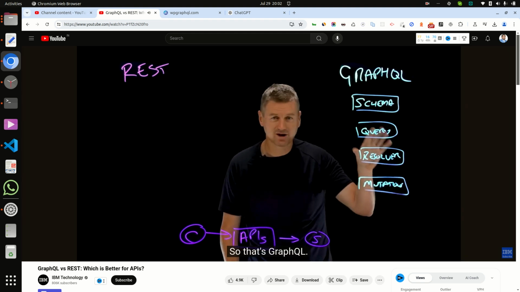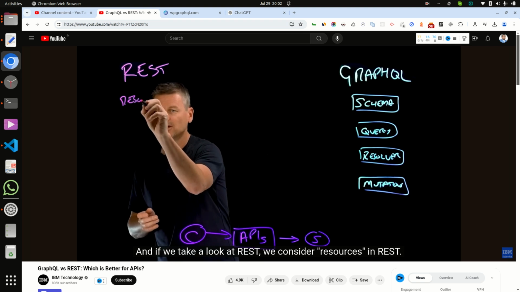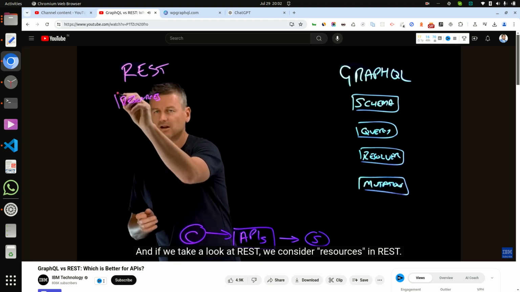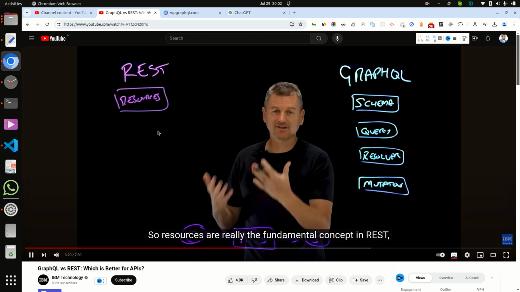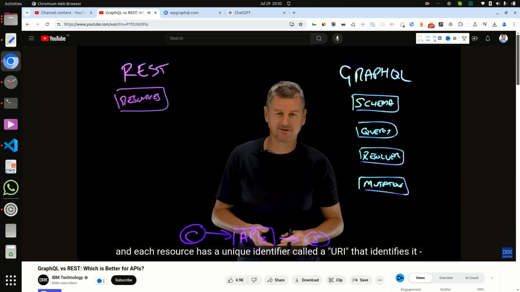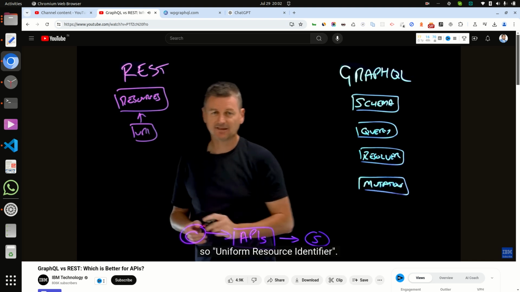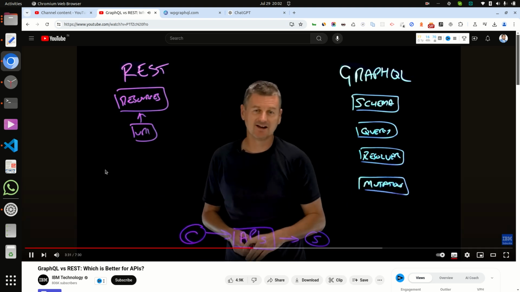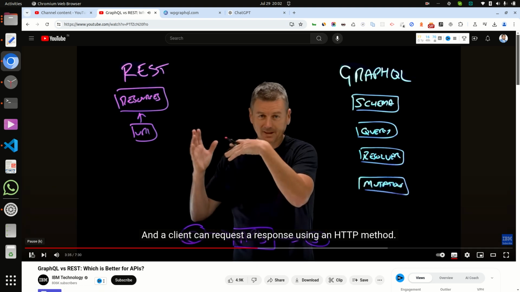So that's GraphQL. If we take a look at REST, we consider resources in REST. So resources are really the fundamental concept in REST, and each resource has a unique identifier called a URI that identifies it, so Uniform Resource Identifier. And a client can request a response using... We already know about REST, etc. And now